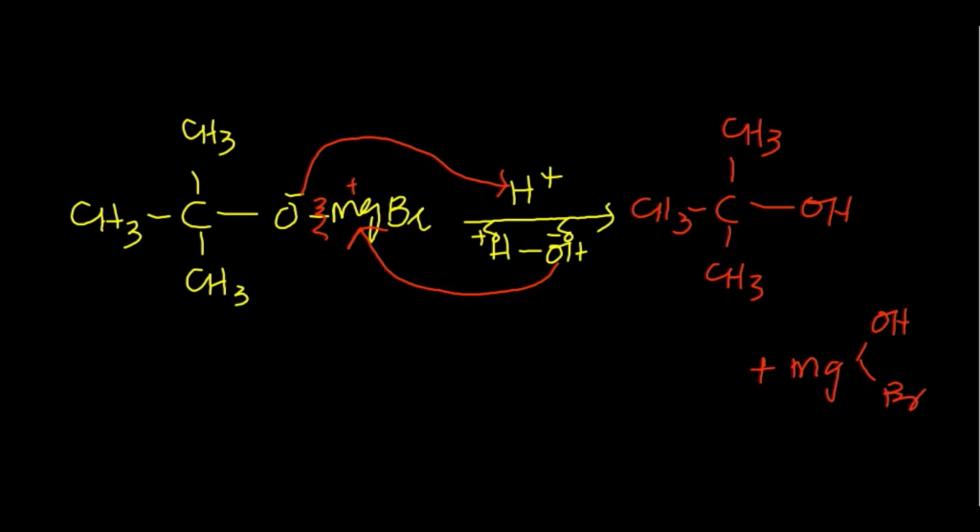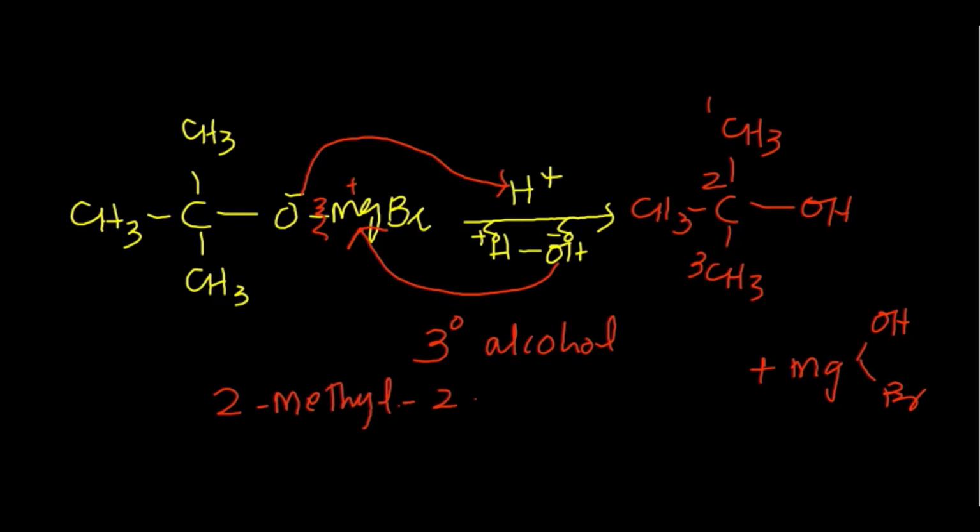Students, here we get the tertiary alcohol. Since the hydroxyl group is attached to a tertiary carbon, we get tertiary alcohol. What is the IUPAC name of this tertiary alcohol, students? It is 1, 2, 3. So the IUPAC name is 2-methyl-2-propanol. The tertiary alcohol which is formed here is